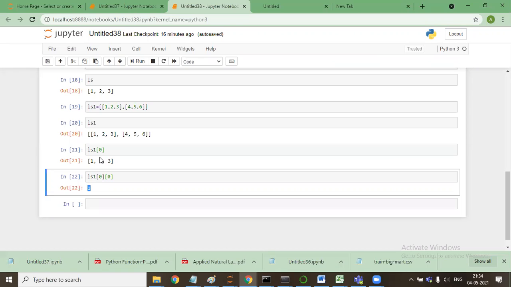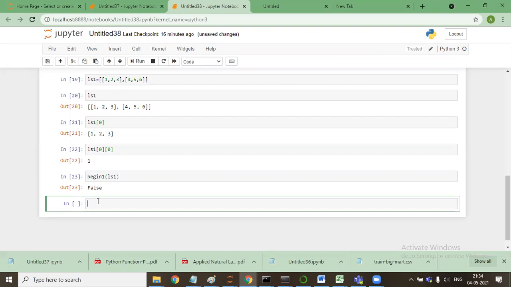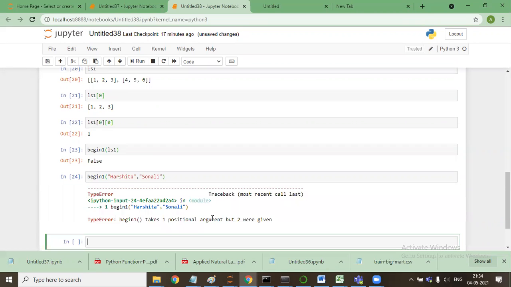So if I pass ls1, it will say false. If I pass two elements, then it will give an error, because begin takes one argument but two are given.